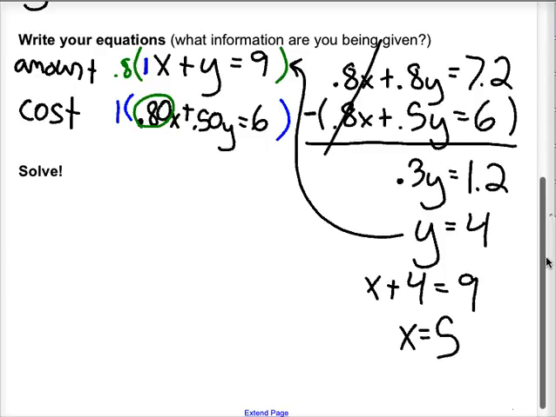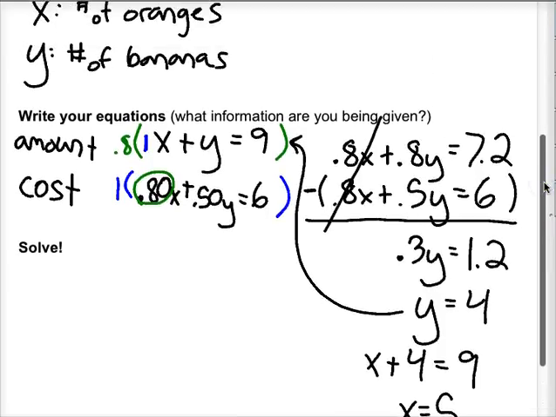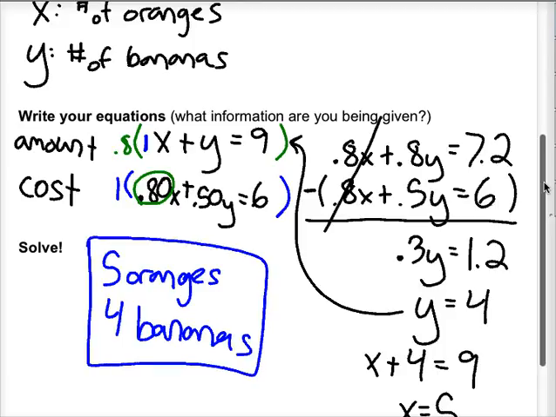So let's see what that means in the context of the problem. I let x be the number of oranges, y be the number of bananas. So what that means is that you bought 5 oranges and 4 bananas. So when it asks how many of each fruit did you buy,